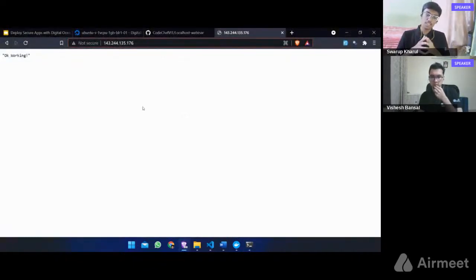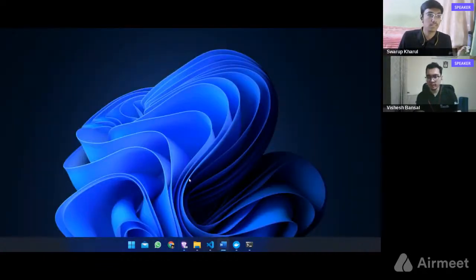Now Vishesh will explain the security aspects of a web application and how we write the YAML file, that is Docker Compose. Over to you, Vishesh. Thank you, Swaroop. It was a wonderful explanation that you've given. Now, moving on, I'll be sharing my screen and presenting how to build a Docker Compose file.